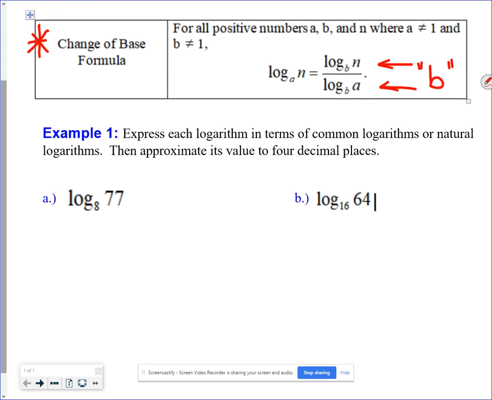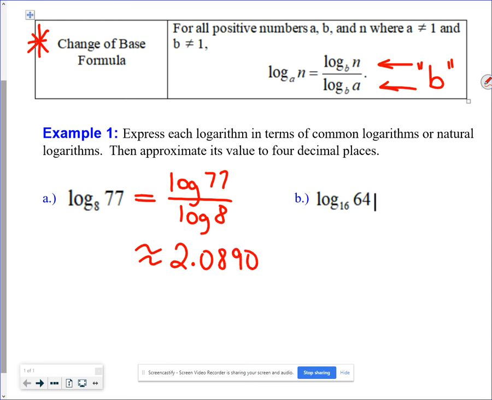So if we look at example 1a, we have the log base 8 of 77. So I'm going to use the common log. So I'm going to use base 10. So I'm going to rewrite this as log of 77 over log of 8. And now, since I have it in a format our calculator can do, I can plug it into my calculator. So let's take the log of 77 divided by the log of 8. It equals. So if you did it correctly, which you should be doing on a calculator while you're watching this video, you get